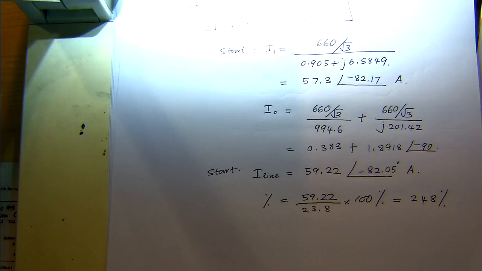So it's like 2.48 times higher than the rated value. So this is important in order to size the circuit breaker. Let's say overcurrent protection, when you turn it on, if it trips, then